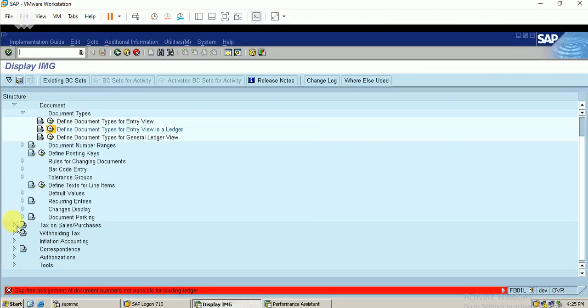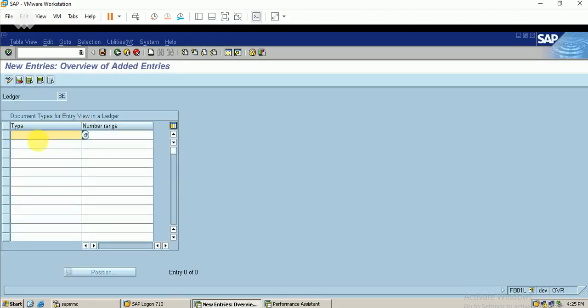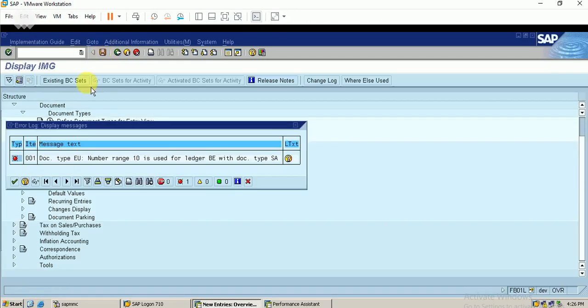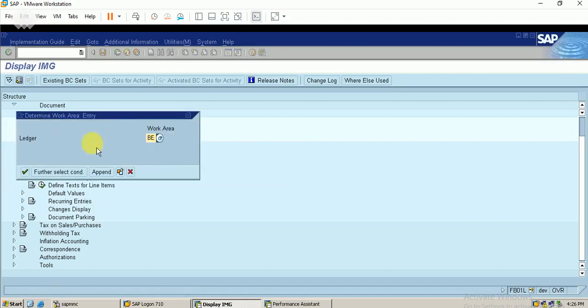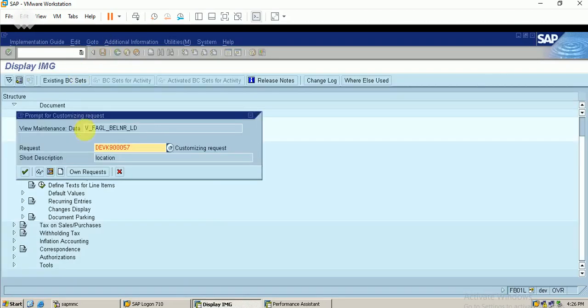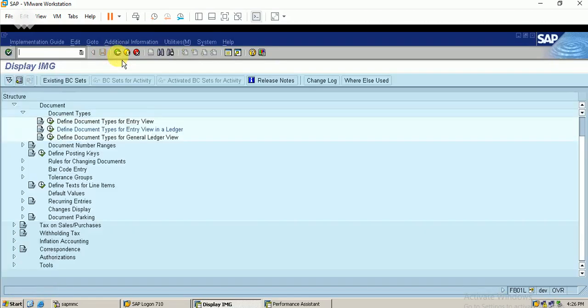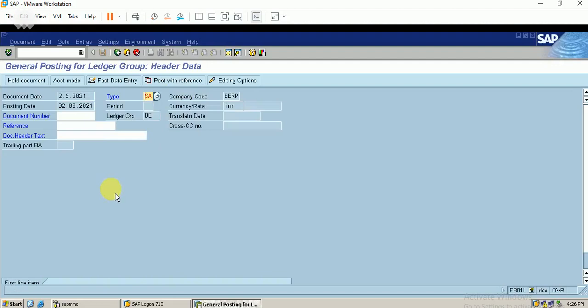Okay, a lot of errors. I need to assign a different number range. Okay, it got saved. I also want to link the 56 number range. Let me check. Okay, 56.